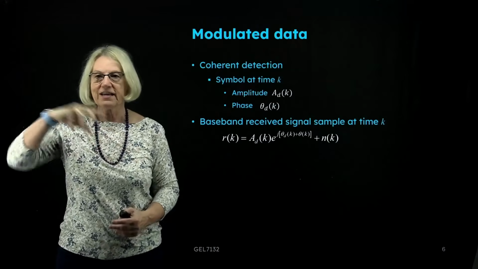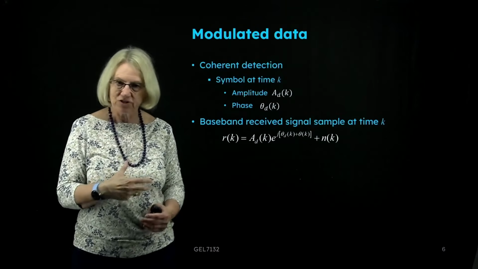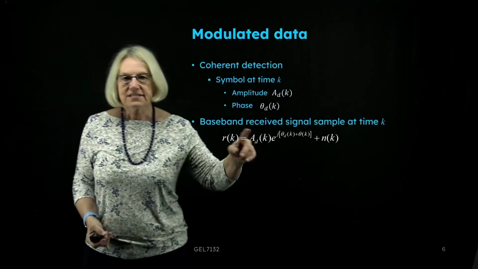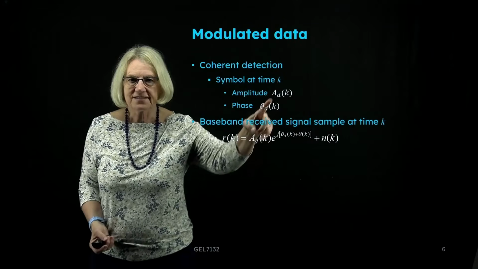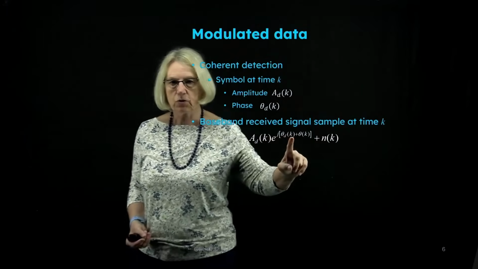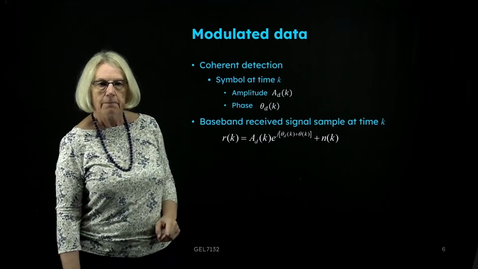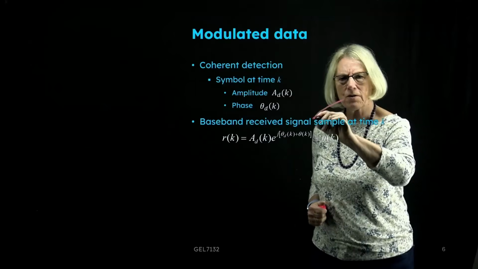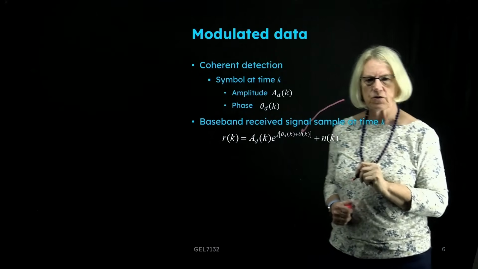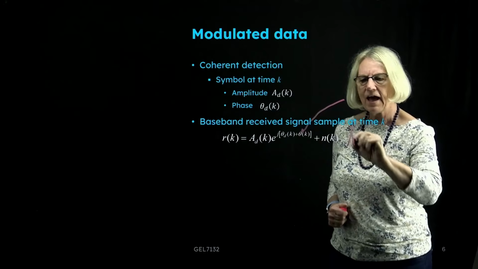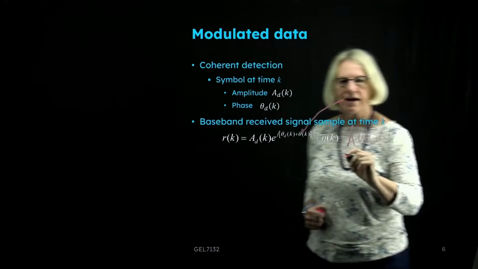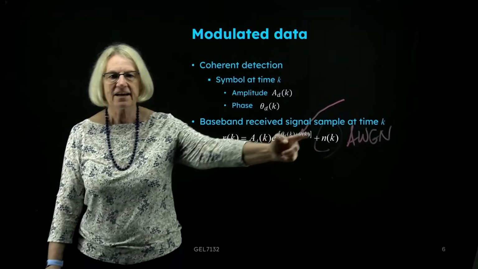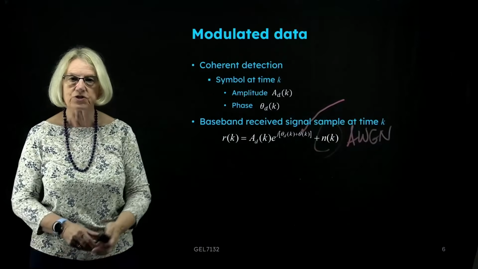I'm no longer working in optics, and now I'm working in the RF domain, at baseband, nominally at 0 frequency. In this case, I can write the received signal in the form of an amplitude, and of course here I see it in the phase. But you'll see that in the phase, I have another term here, and this other term is going to be related to the phase noise. Of course, I also have additive white Gaussian noise. Of course, can't get rid of that. So my received signal is the data, a phase noise, and also an additive white Gaussian noise term.